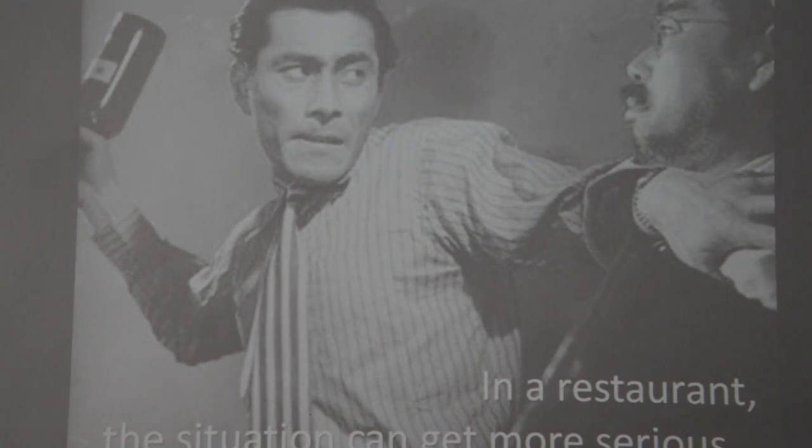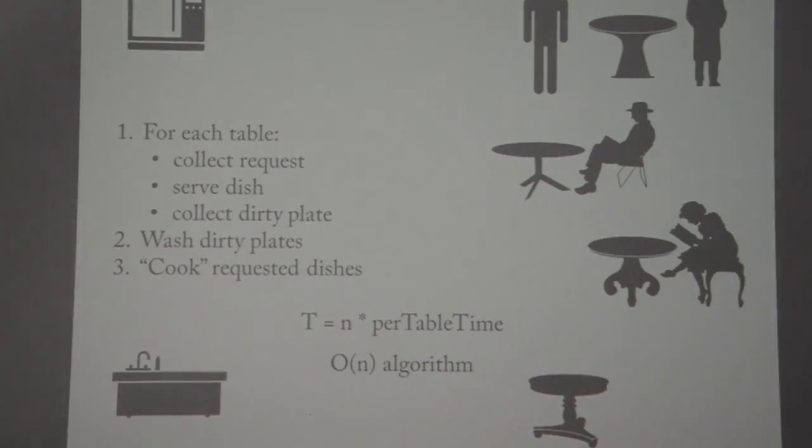Well, you see, the thing is, in a restaurant, you have people waiting for food. And when you have people waiting for food, for some evolutionary reason, they tend to get aggressive, right? And the other thing is, in a restaurant, you also have bottles lying around. And then things like this can happen. And this is the reason why I didn't leave any bottles in this room also, in case my talk gets long. But so we have this O of n algorithm.